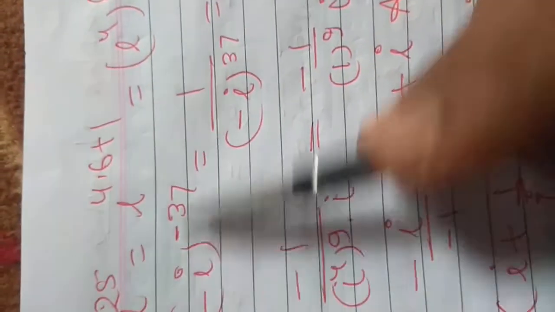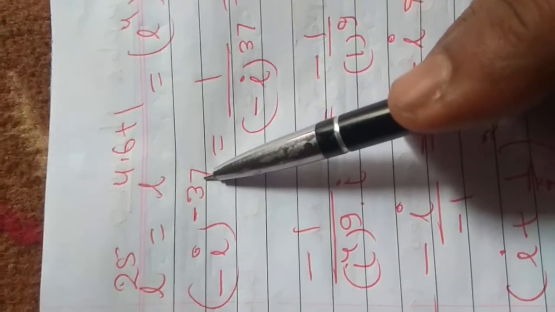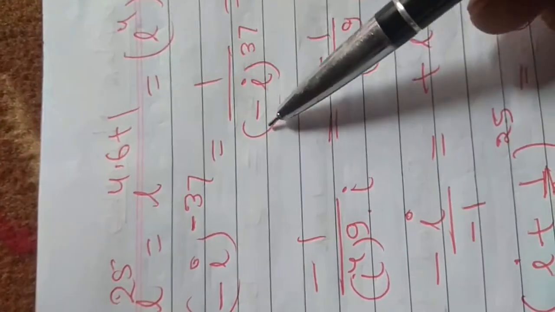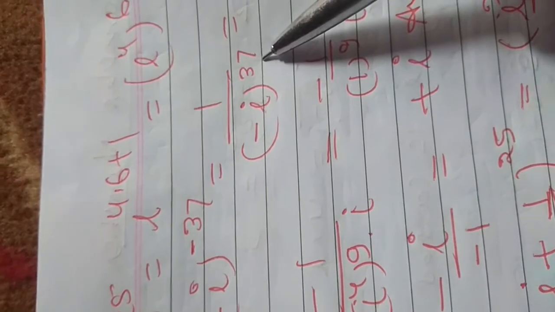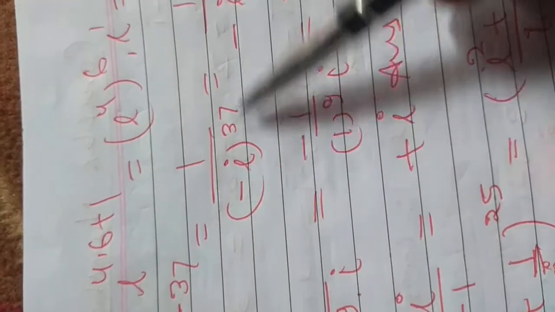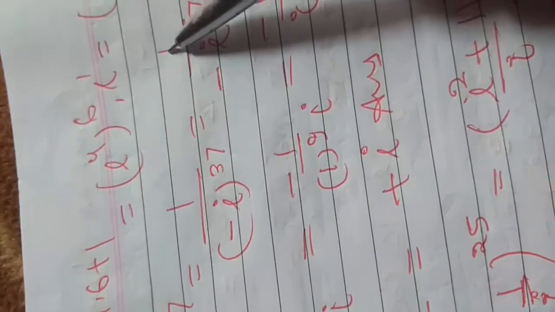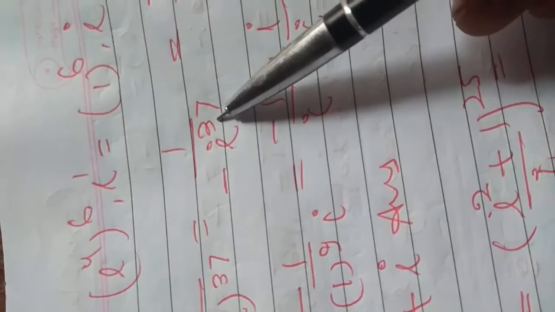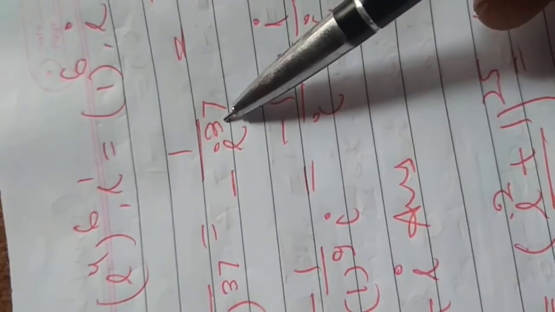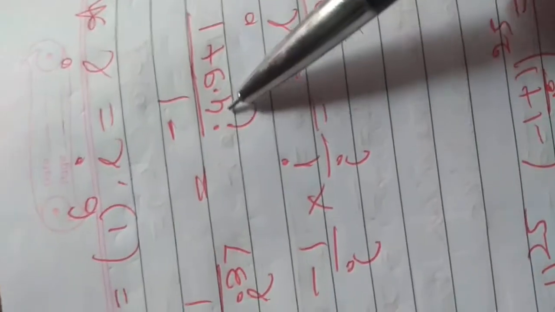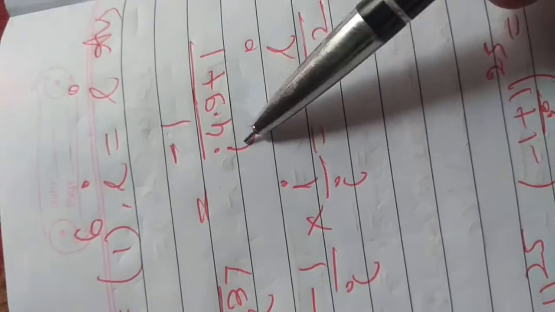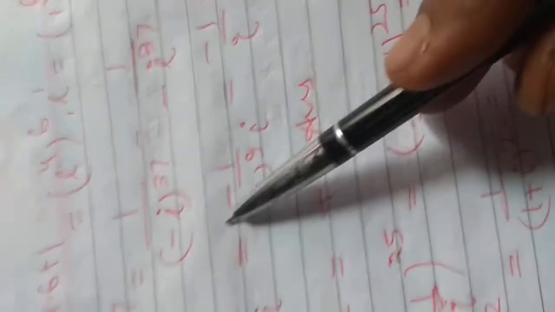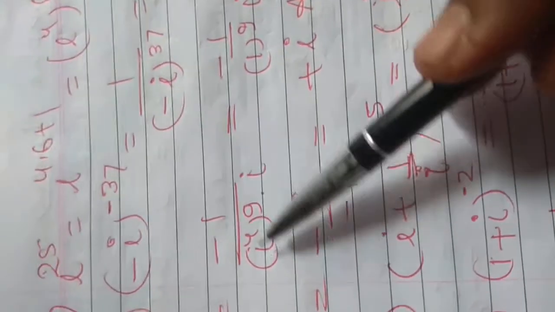That is the answer. Next example, minus iota to the power minus 37. First we make the power positive. We can write 1 upon minus iota to the power 37. Now minus is odd times, that's why we can write 1 upon minus iota whole to the power 37. 37 divided by 4, so we get minus 1 upon iota to the power 4 into 9 is 36 plus 1. By separating it we get minus 1 upon iota to the power 4